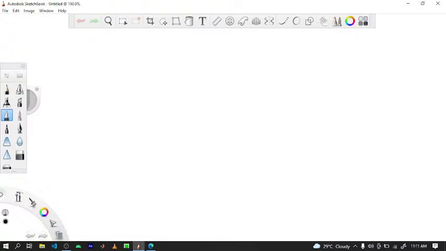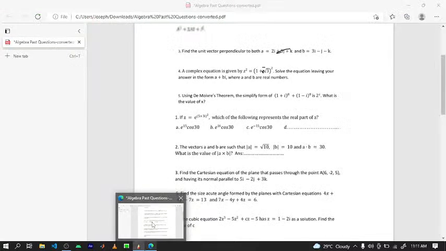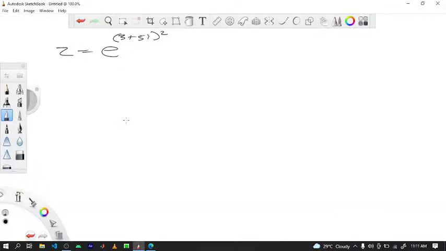Okay, so z is equal to e to the power 3 plus 5i, all squared, right? Sorry, 5 plus 3i instead. So 5 plus 3i, all squared. You can simply square the top. So if you have 5 plus 30i,